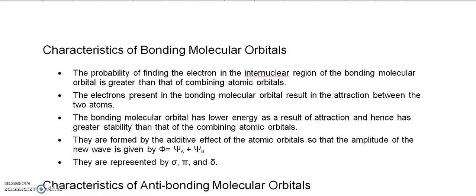Okay, let's see what the characteristics of bonding molecular orbitals are. The probability of finding the electron in the internuclear region of the bonding molecular orbital is greater than in the combining atomic orbitals. That is, in atomic orbitals there is also a probability of finding the electron. So if we check a bonding molecular orbital, the probability of finding the electron in the internuclear region,